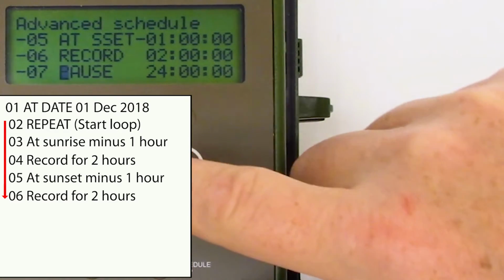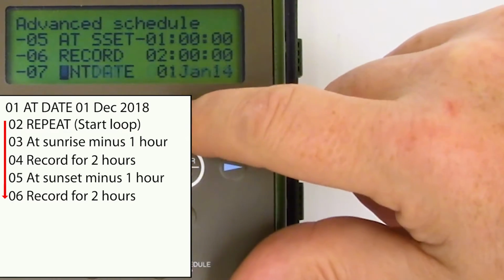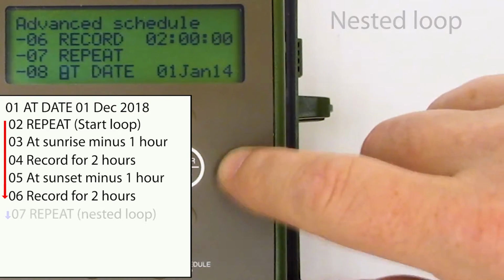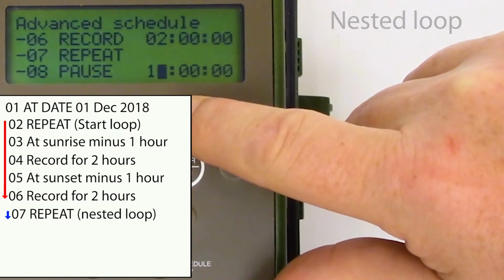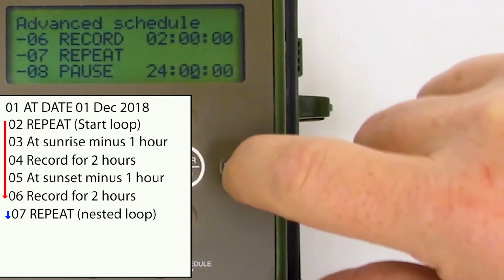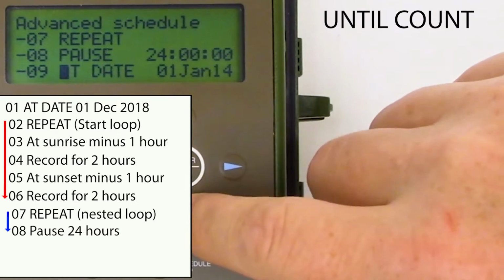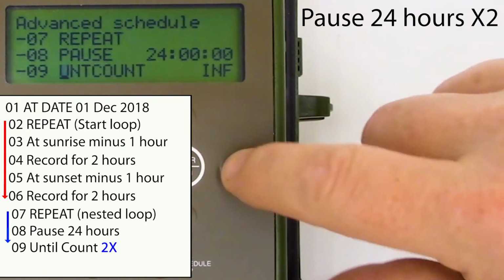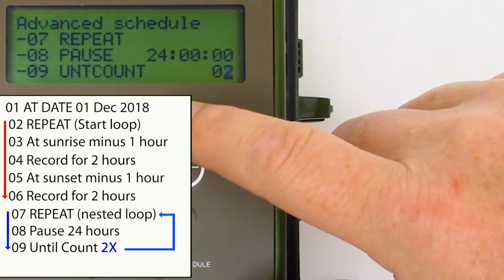I'm going to nest a command sub-loop into the main loop. I'll create a repeat command, and then I'll follow that with a pause command, which is set to 24 hours. I'll then follow the pause command with an until count command. I'll set the duration of the count to 2. This will repeat the pause command twice and then go back to the first repeat command to run the record